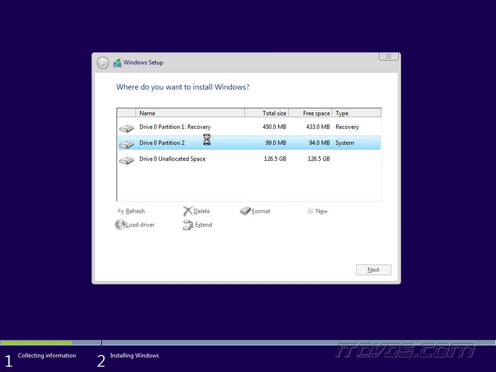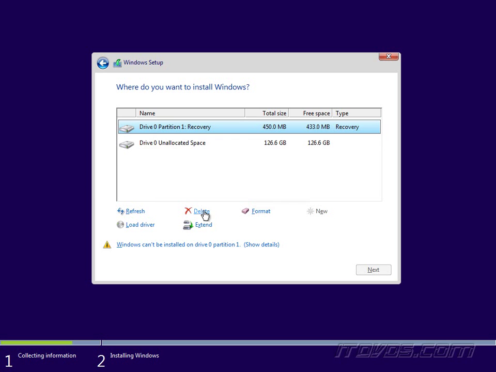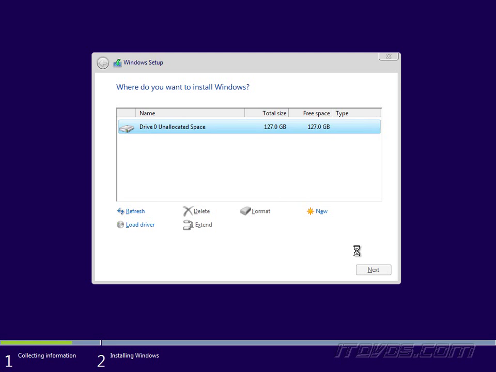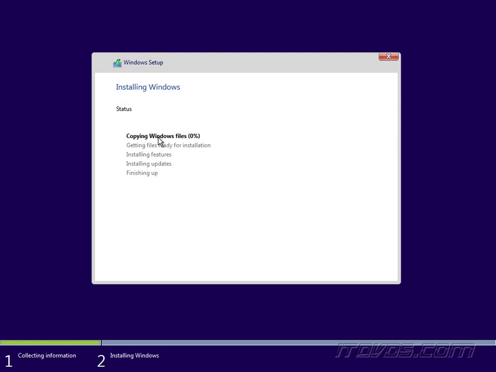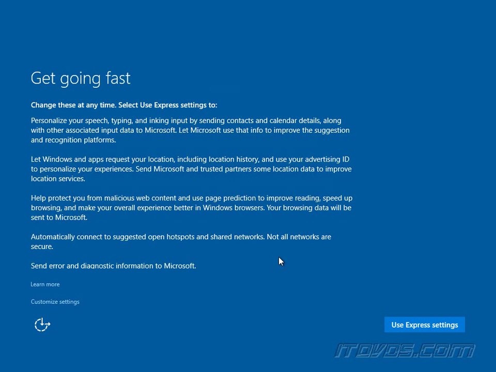And I'll just highlight the disk and click Next. It's highlighted and click Next. And the rest is pretty much hands off. It's going to go through and copy the Windows files, getting the files ready for installation, install features, install updates, and finish up. It's going to reboot a couple of times while it's doing this. So once it reboots a couple of times, it's going to bring us to this screen here